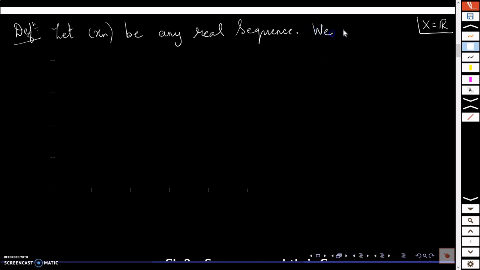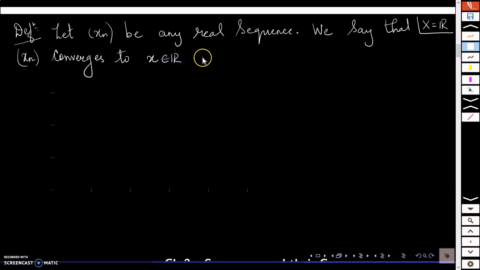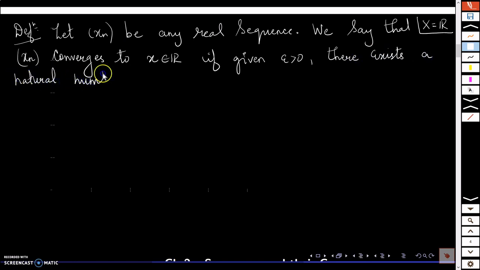Then we say that the sequence Xn converges to a point x in R, that this sequence xn converges to this real number x, if given epsilon positive, you give me any epsilon positive, then corresponding to this epsilon there exists a natural number, capital N, such that